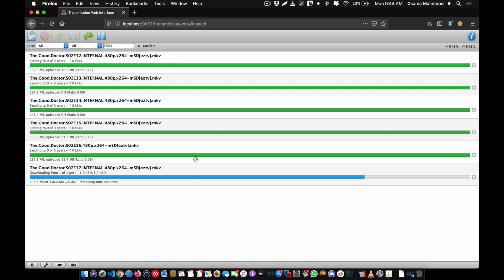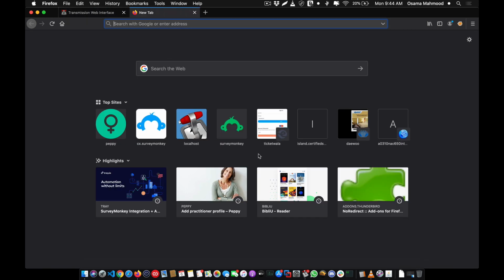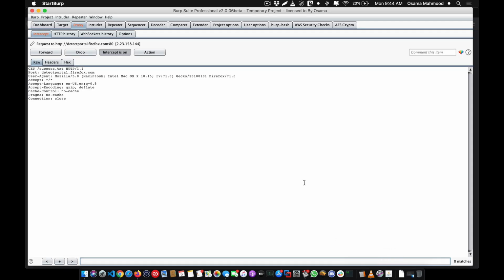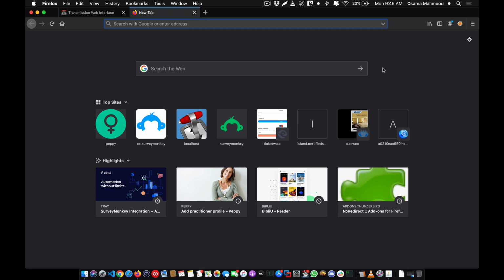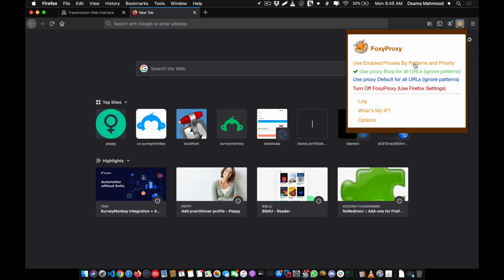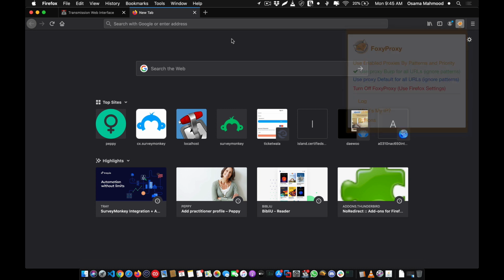So in this video we are going to be taking a look at how to intercept traffic in Burp Suite over localhost. Like if you are running an application on a local host, it won't intercept the requests and responses that are being sent by that application. Like for example, I use Mozilla for my testing. So as you can see over here, I am using Burp Suite proxy to intercept all the requests.